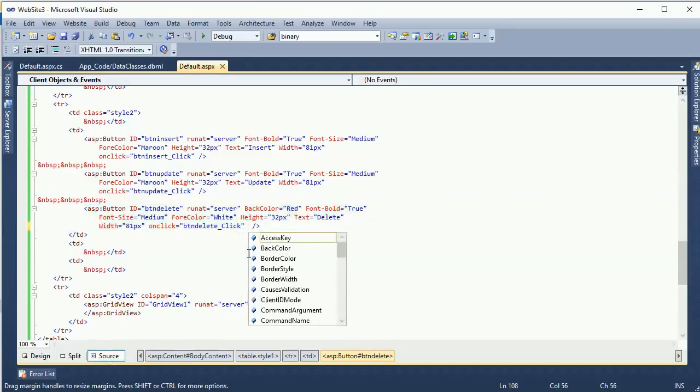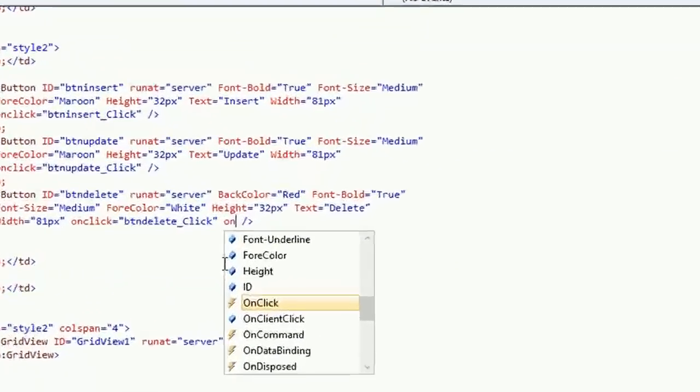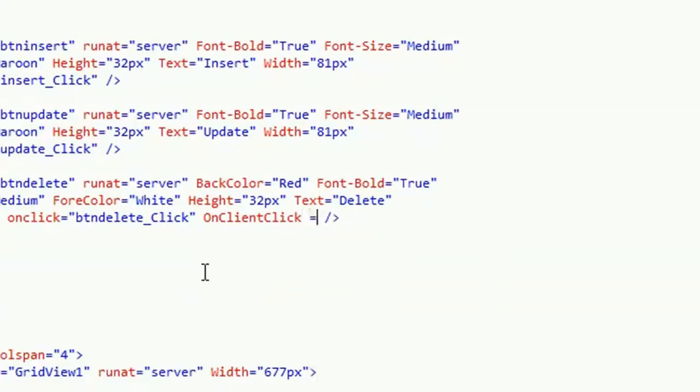Delete is confidential. If you delete a record by misunderstanding, you can lose it. That's why you must use a confirm message. To use a confirm message in the button, you can edit it in the property window or in the source file. In the source file, add OnClientClick equals return confirm('Are you sure to delete?');